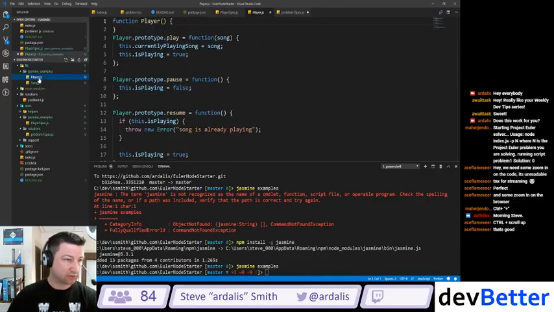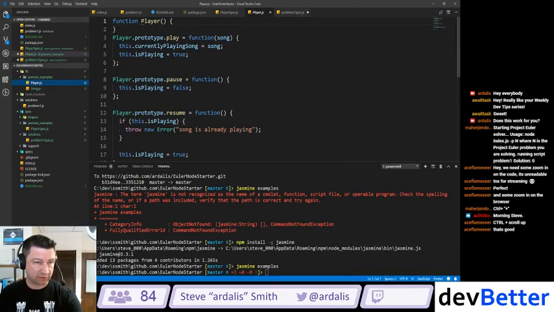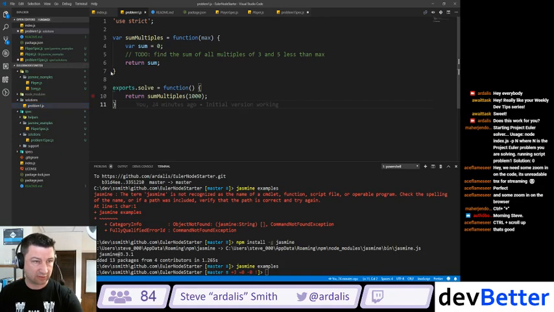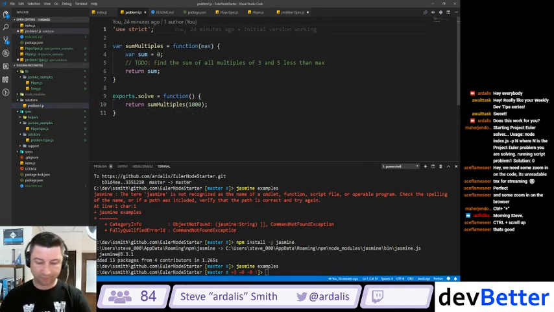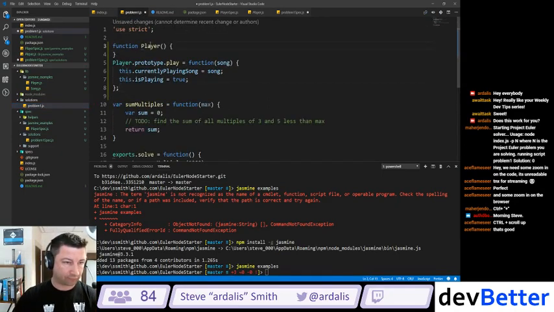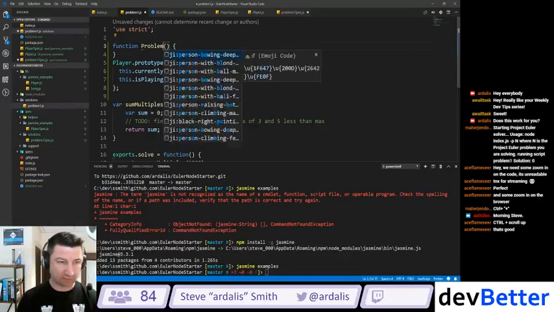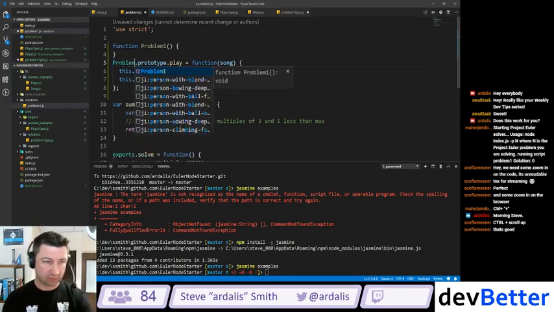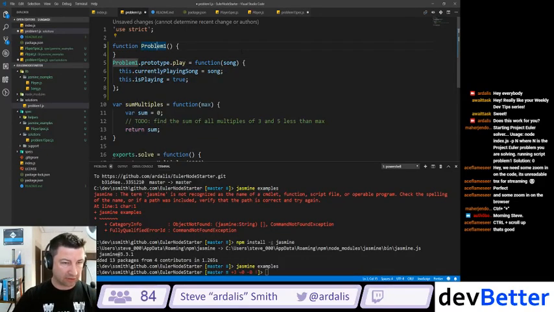There it is. So you have a function player with a prototype with a bunch of things. So I'm going to steal that for my problem1, I guess. And I guess we'll call it capital Problem1. And it will have,